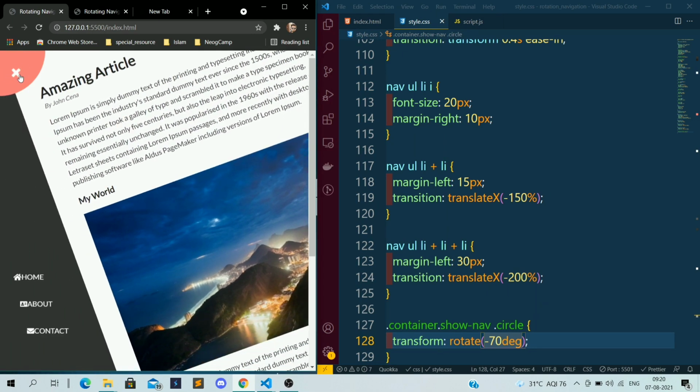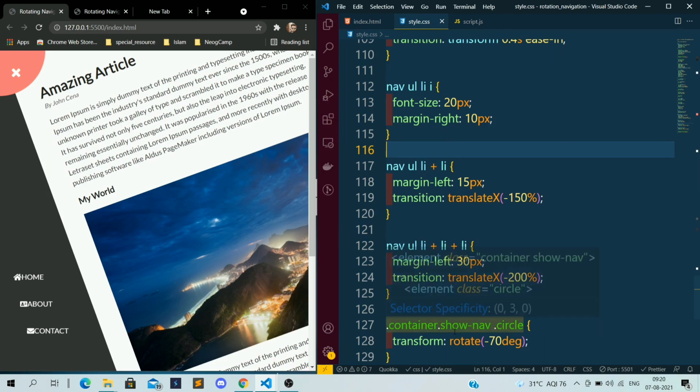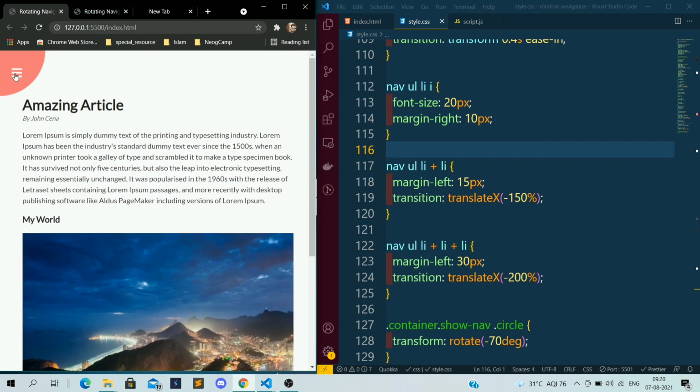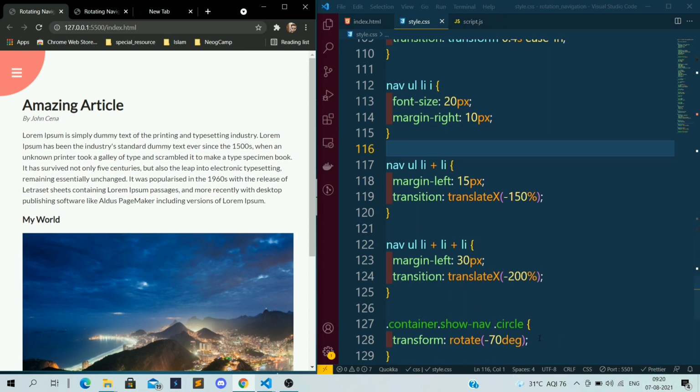See, this circle is rotating in an anti-clockwise direction, so I have given minus 70 degrees. Okay, so this is one thing. And show navbar will only come if we click on dash. If we click on cross, then show navbar will not be there, and it will show the original position. So that is what I have applied.